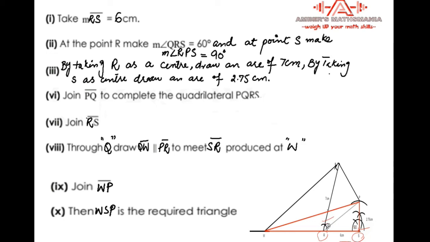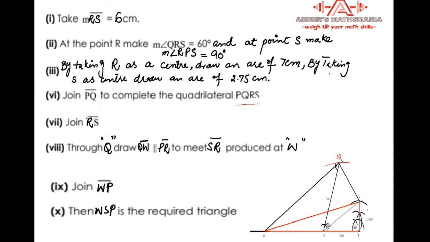And after making the 60 degree angle on R and the 90 degree angle on S, by taking R as a center, we have drawn an arc of 7 centimeters using the compass, and 2.75 centimeters on S using the compass. Afterwards we have joined P with Q, hence PQRS is the